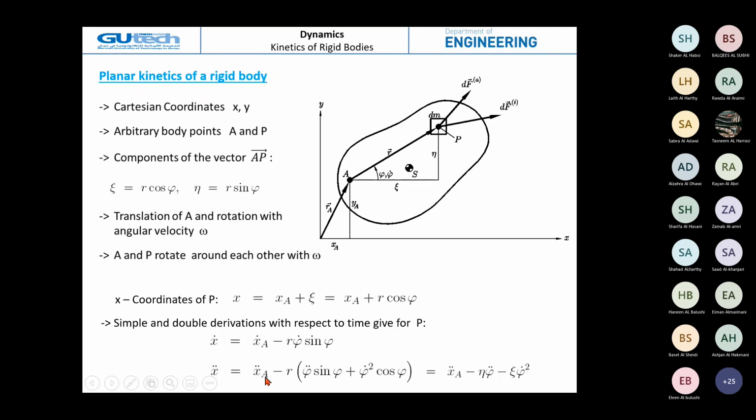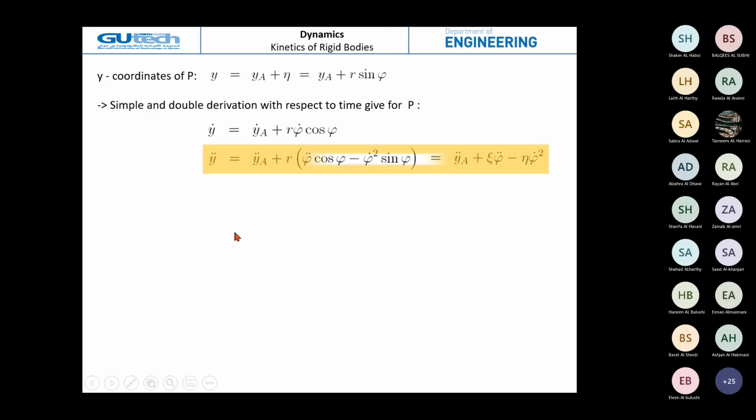x double dot a is the first term. Here the second term: as you can see, eta is r sine phi. If we replace it, we get minus eta phi double dot. And we have the third term, which is only minus xi phi dot squared. In y,